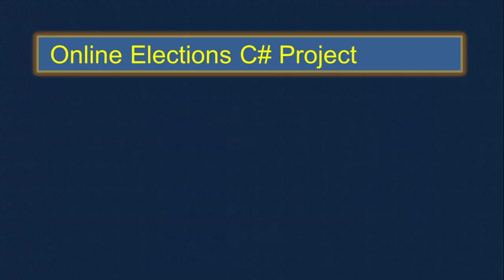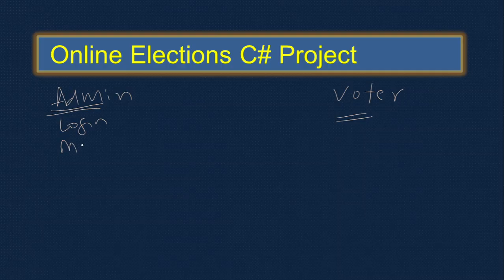What are the things we can add here? Okay, so it's an online project. Probably you need to provide a proper user interface. So one is a voter, and the other is an admin. You can make more modules also, but we try to manage with these two modules in this project: the admin module and the voter module. What the admin can do is log in, then go to the main page. Here in the main page, we can create the constituencies.